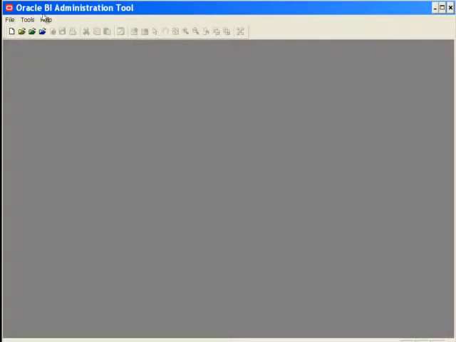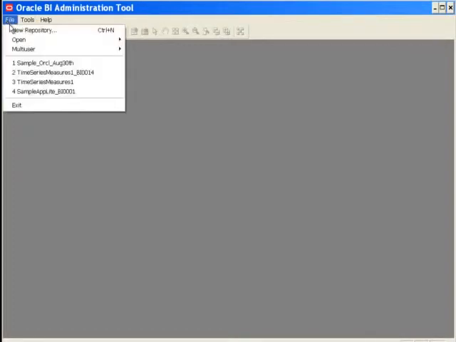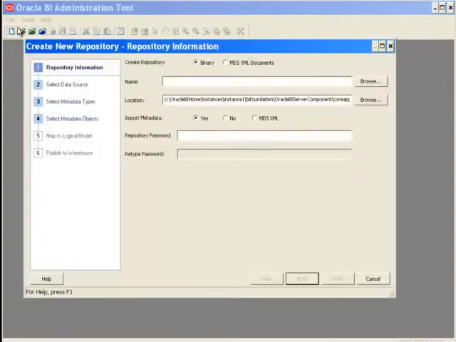From the BI Administration tool, click on File and select New Repository. You will be able to see the Create New Repository, Repository Information dialog box. You need to provide a name over here, specify a location where you want to save the repository, specify if you would like to import metadata or save this repository as an XML file, and then also specify a password for the repository and confirm the password once again.